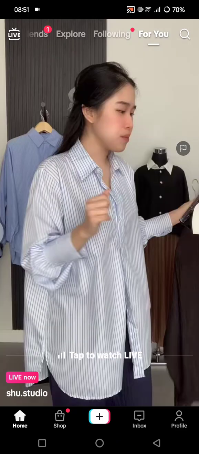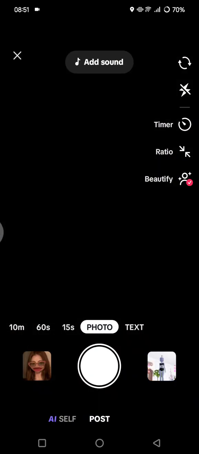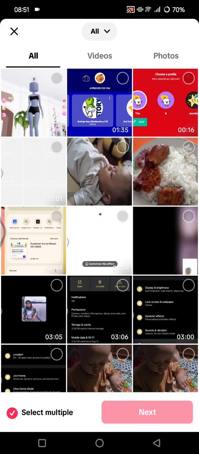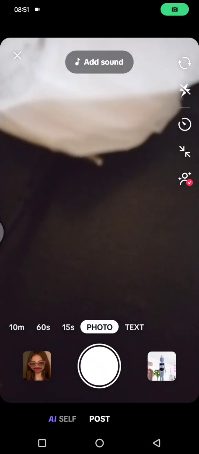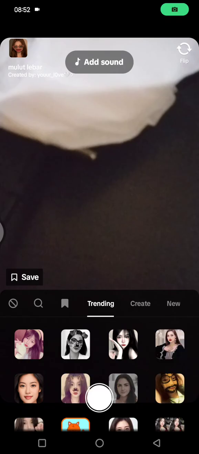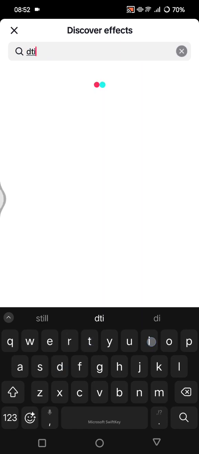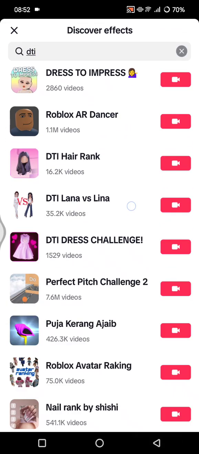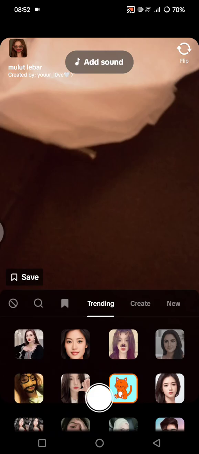and in here you can just click on the plus icon to open the TikTok camera or start creating using the effects. Sorry, let's find the TikTok filter first. You can click on search and then just type in DTI as the keyword, and you'll see these options: your random DTI outfits. Okay, you can use this one, and then what you need to do is just click on this record button,